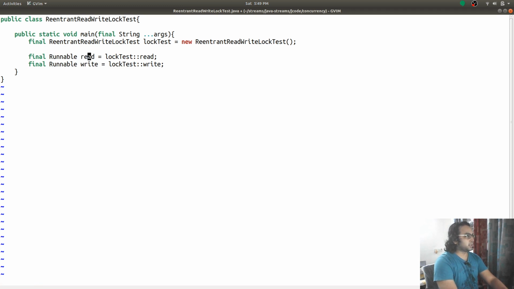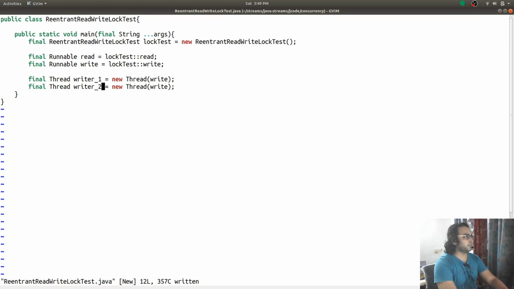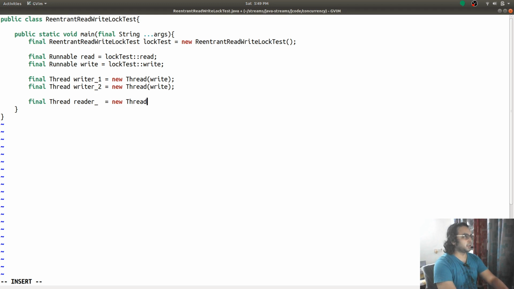So I have these two runnables, and I will have to create some thread, something like writer new thread, and we are going to have some readers. Those are going to perform read operations.